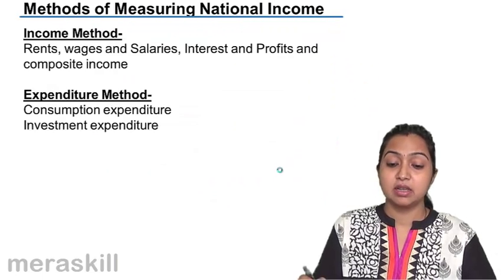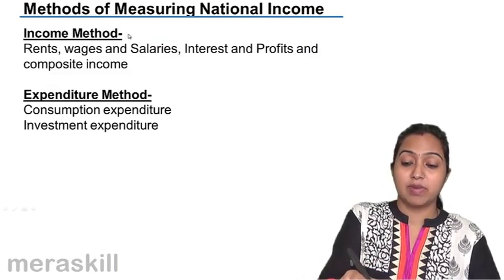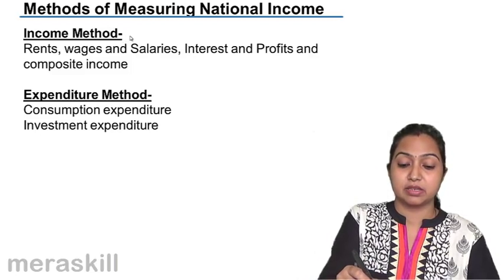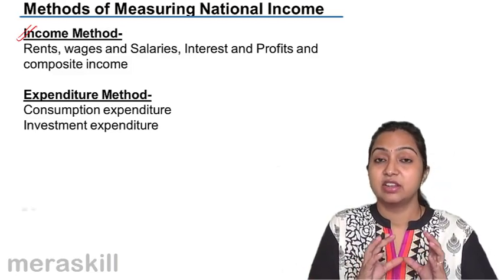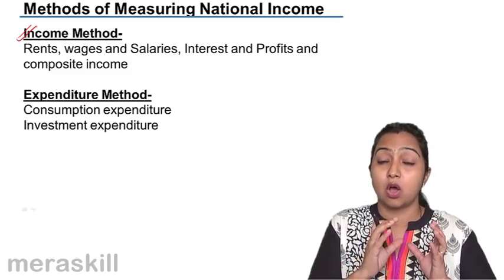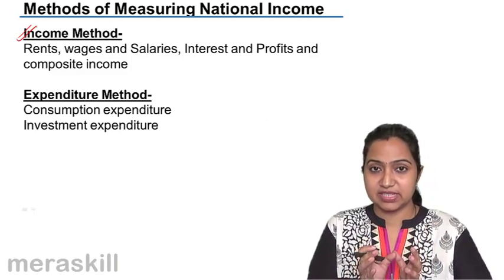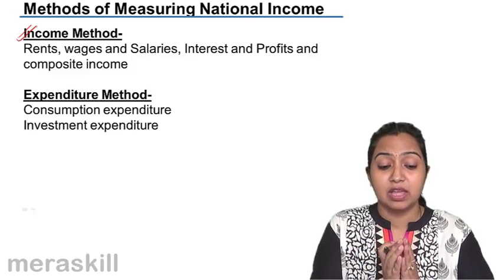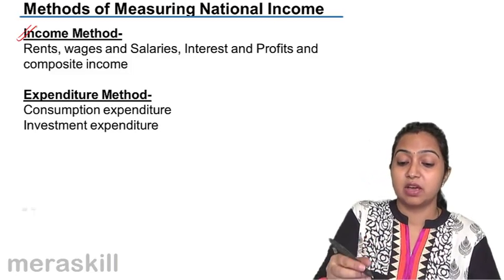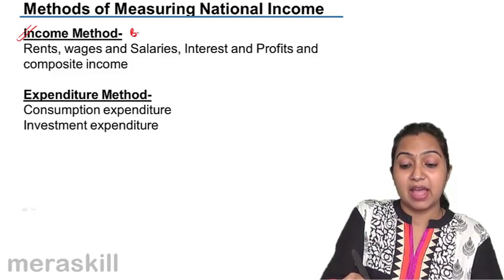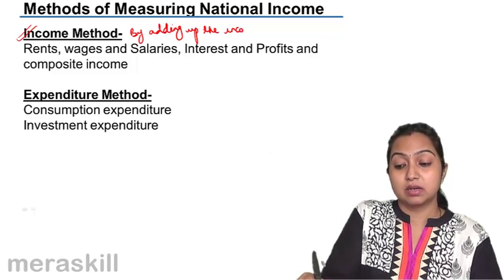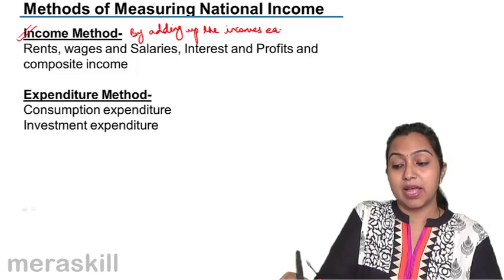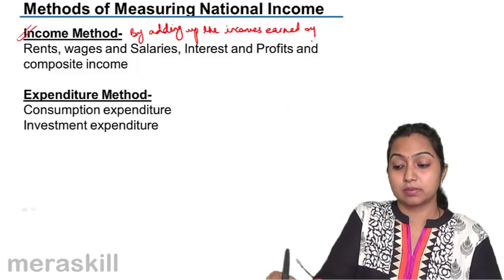The next method of measuring national income is the income method. By the value added method, we had arrived at it by adding the values of the output that was produced by various sectors. We add that together and arrive at national income. By the income method, we arrive at national income by adding up the incomes earned by all factors of production,